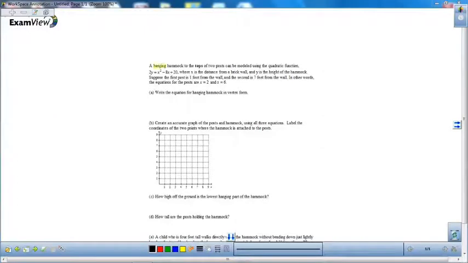Okay, so we have a hanging hammock. The first question asks, write the hanging hammock in vertex form. So I'm going to write my equation in vertex form. So I'm going to have 2y